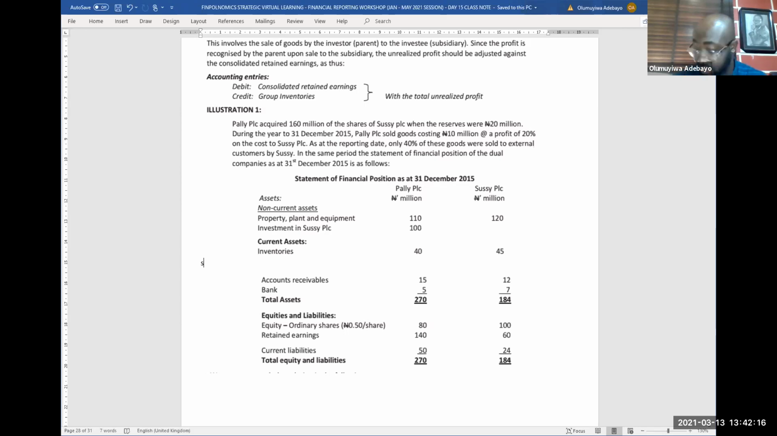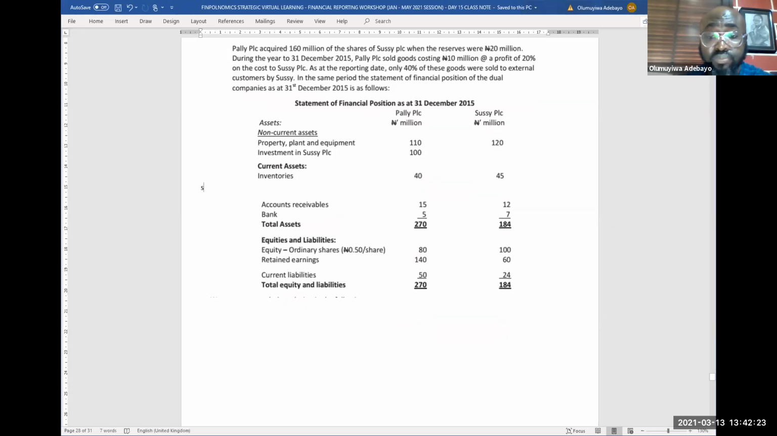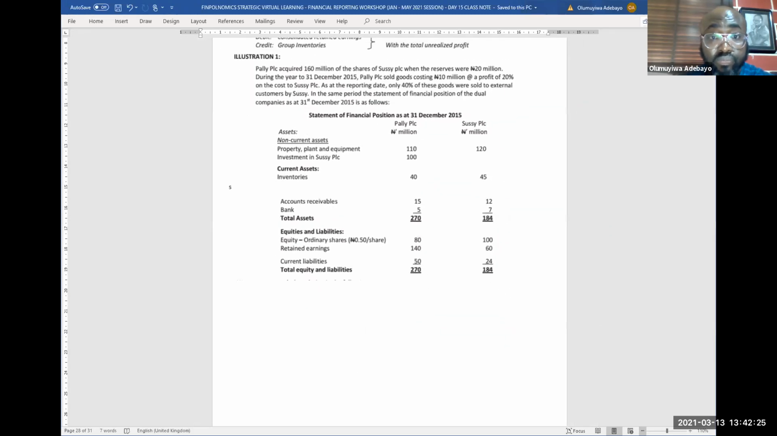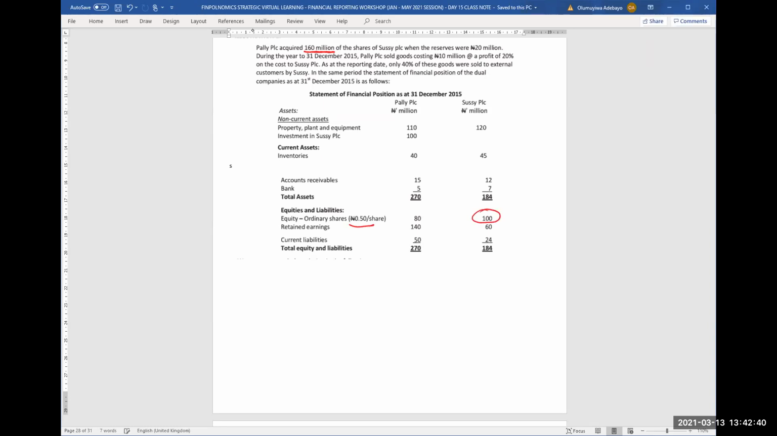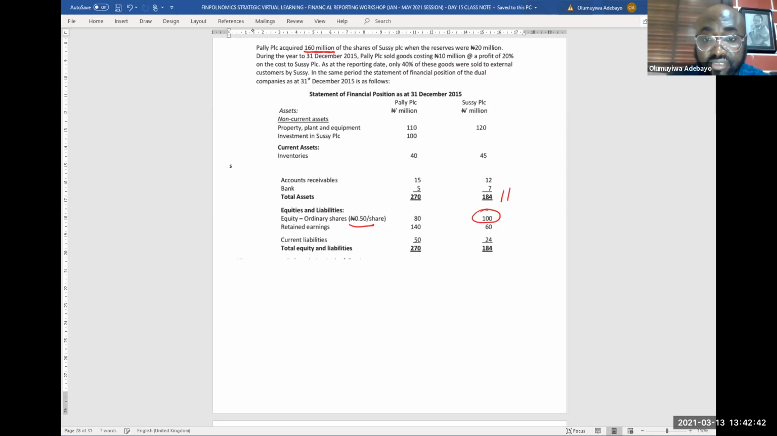Now let's try and solve this together. The first thing that comes to our mind is the structure. Pali acquired 160, but out of how many shares, we don't know, but we know that the share capital is 100, and the par value is 50 kobo. It then means the number of shares of SUSI